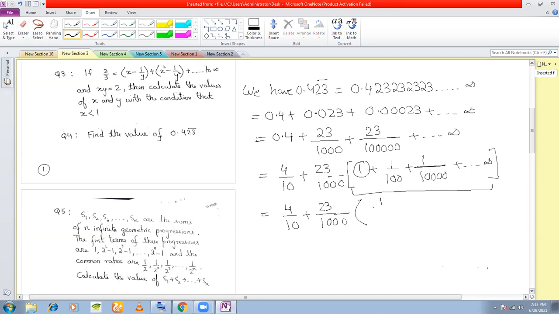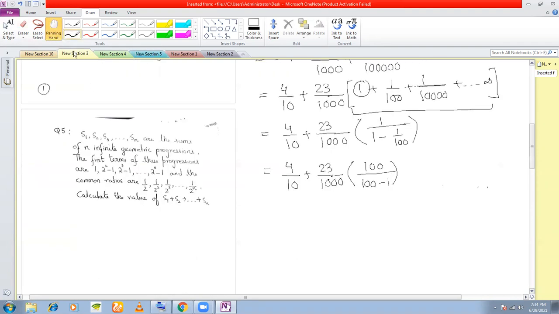So what is the sum here? A by 1 minus 1 by 100. This is the sum, right? So this is 4 by 10 plus 23 by 1000. And if you take the LCM here, 100 divided by 100 minus 1, 99. That means you get here 4 by 10 plus, I think this will cancel here, 2 zeros, right? So you get 99 here. So 23 by 990,